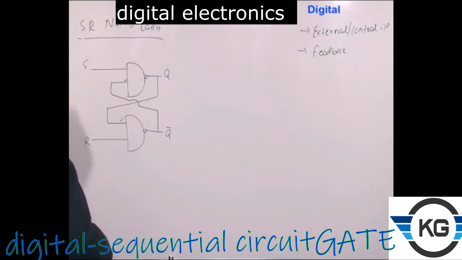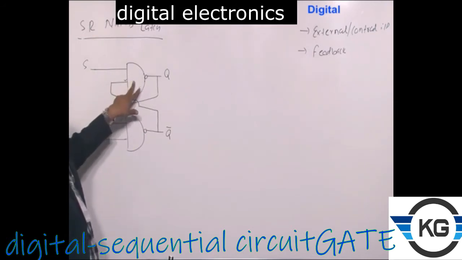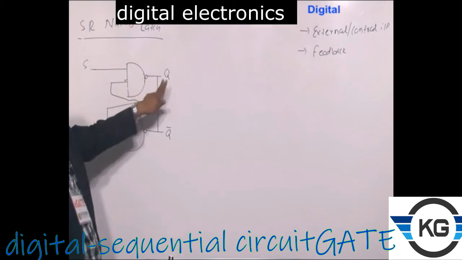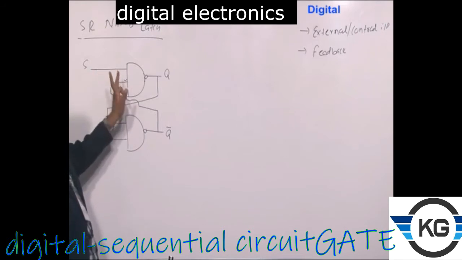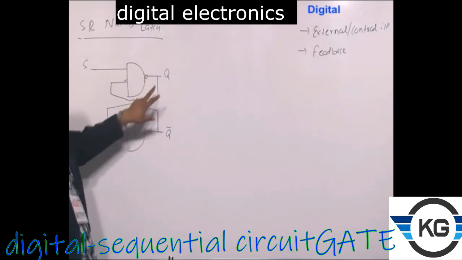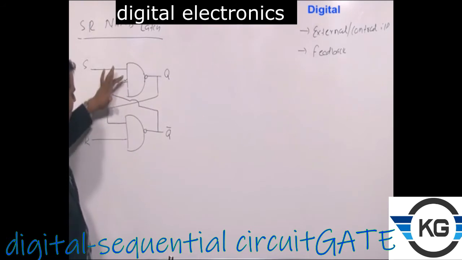Even if these two are manufactured on the same machine or by the same company, there always exists a small mismatch in the propagation delay of these two NAND gates. The gate with less propagation delay will respond fast. Let's say this one has less propagation delay. If you apply the inputs at the same time, this will respond fast, and whatever output it produces will be reflected here, and after that the other will respond, because its propagation delay is greater. That is one way to analyze the circuit.